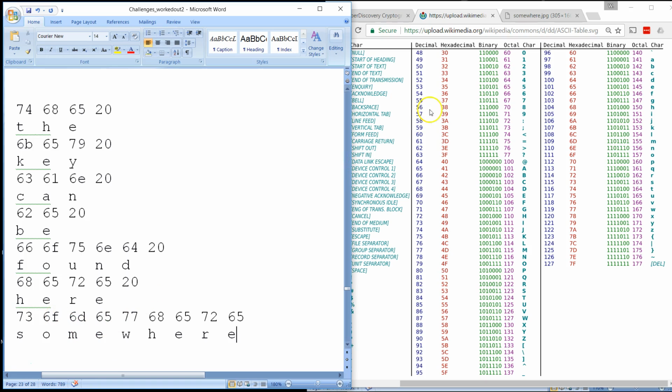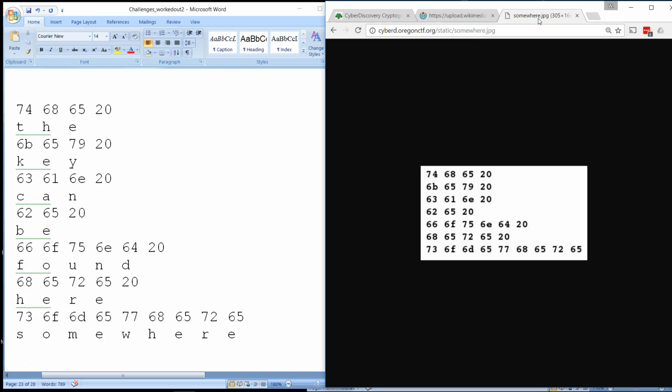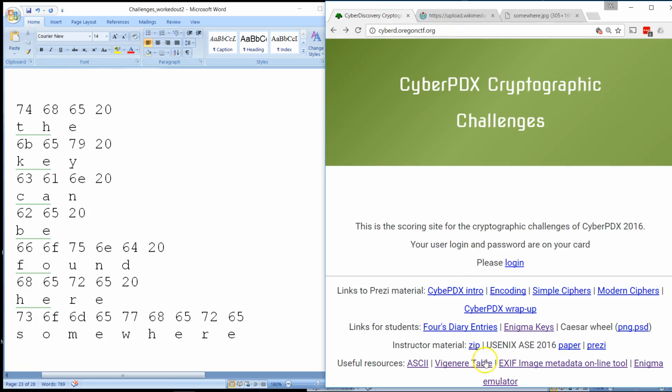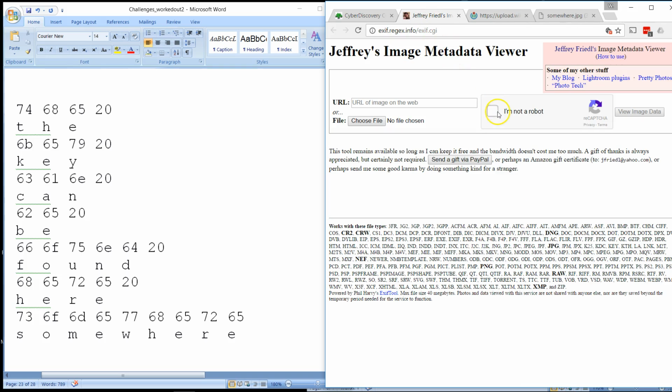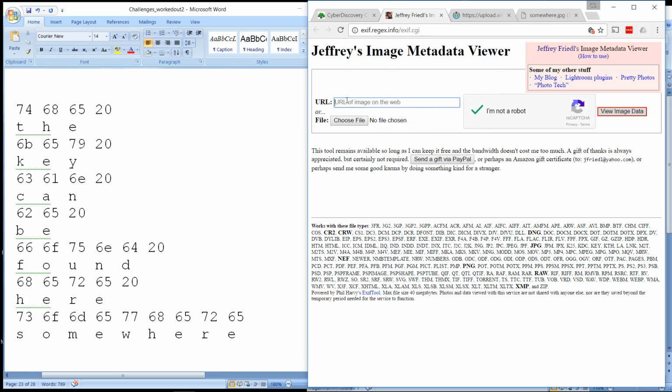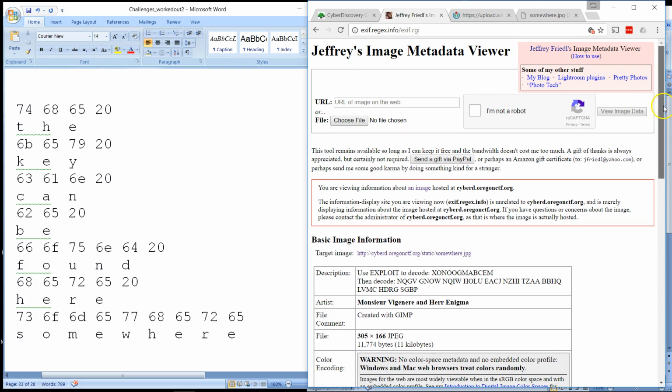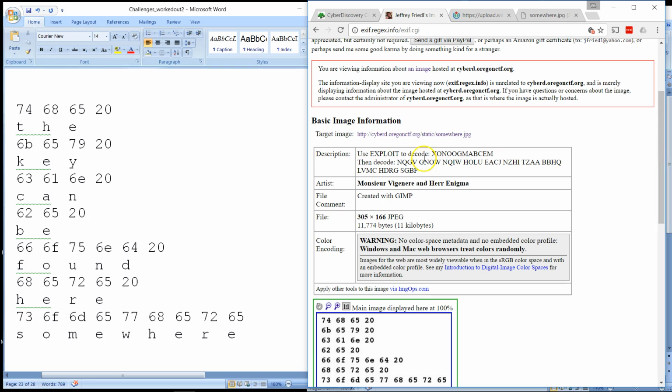And here somewhere is this somewhere.jpg. So this might tip you off to thinking that maybe it's inside the metadata of this image. So let's copy that link and then go and see if there is something in its metadata that we can use. So I'll go back to this site, paste the URL in, and we'll view the image data. And so it says use exploit to decode